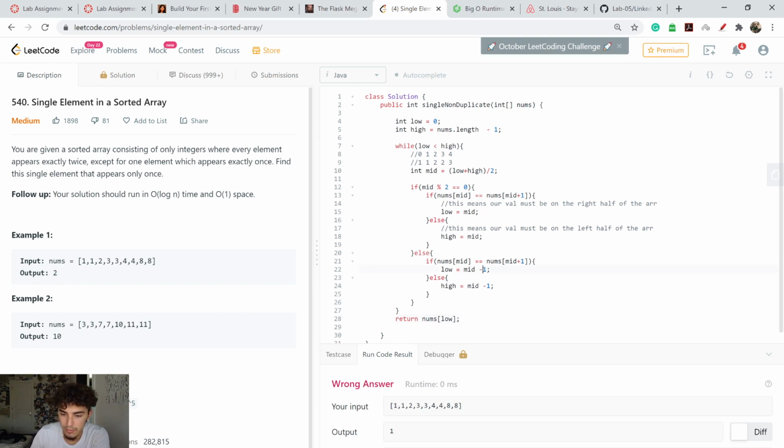Maybe this is -1. This is, oh wait, no, this should be -1. Yeah, so if we're right here now, this is our mid. We want to compare, okay, is this value, yes, this makes sense. Okay, so we want to check, okay, are these two values the same? Because if it's an odd number, that means technically its pair should be on its left, because like we said at the beginning, if it's an even number, its pair has to be on the right of it. Okay, so if that's true,